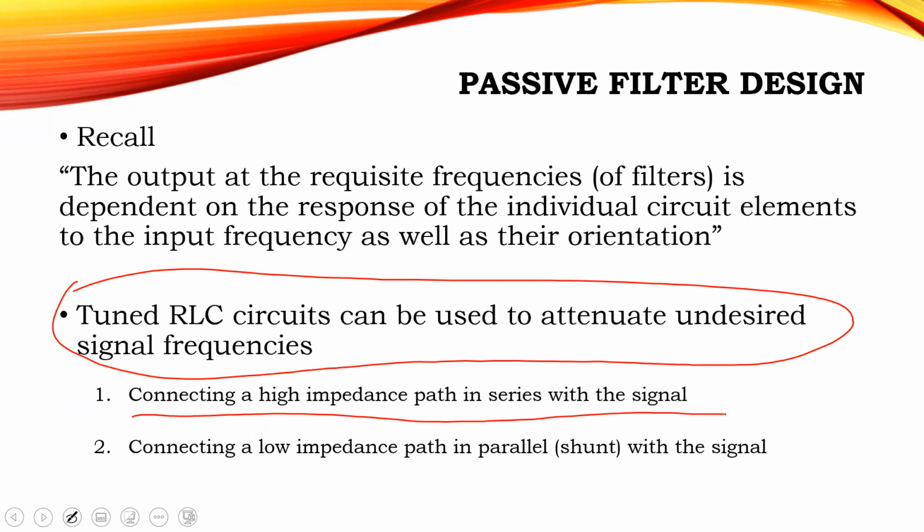Or you connect a low impedance path in parallel, which is the same principle we're using just now, because when we had the capacitor's output, what we wanted was to have the high frequencies